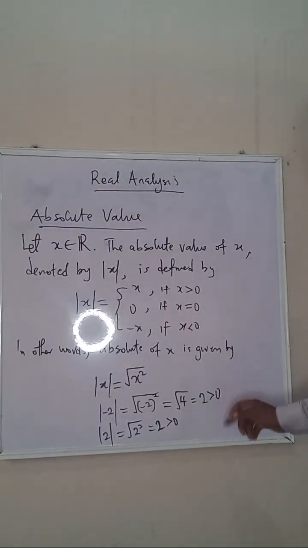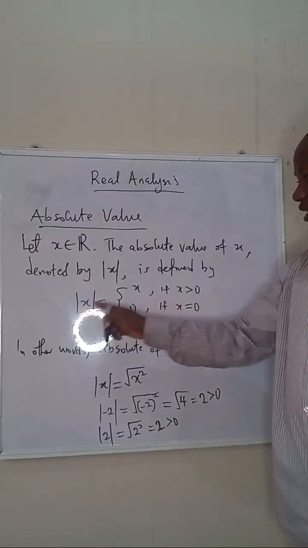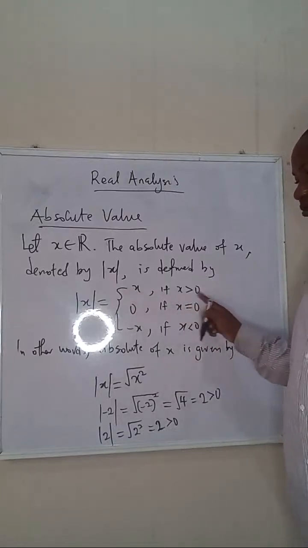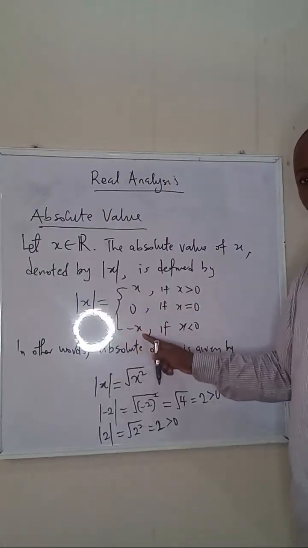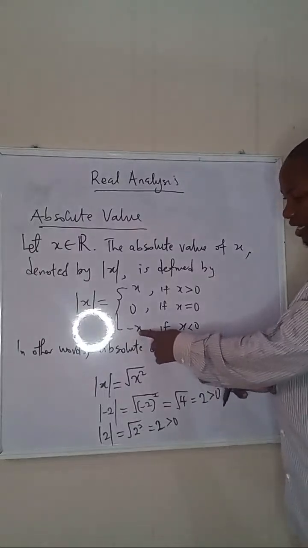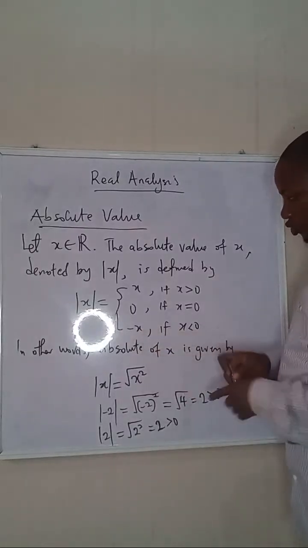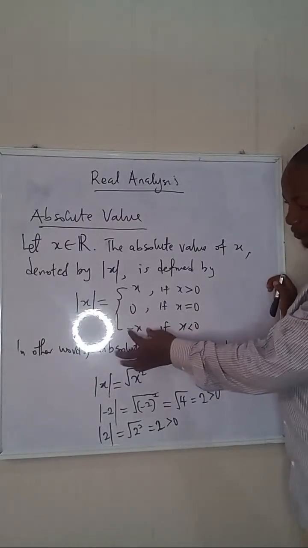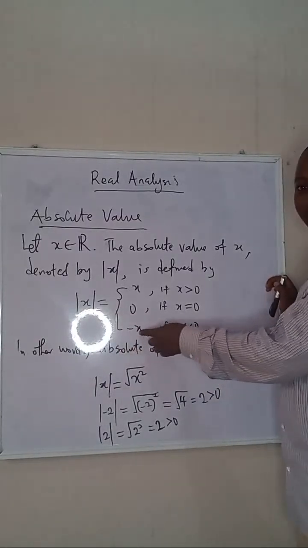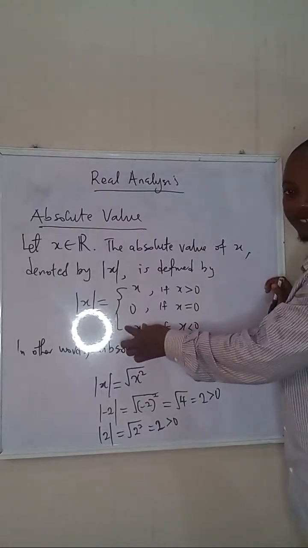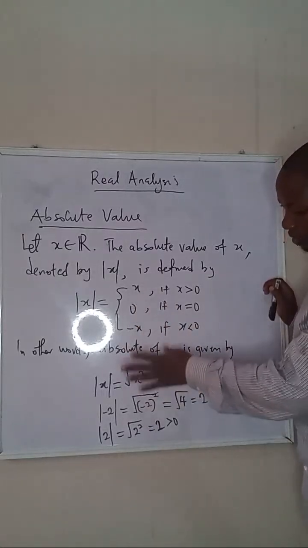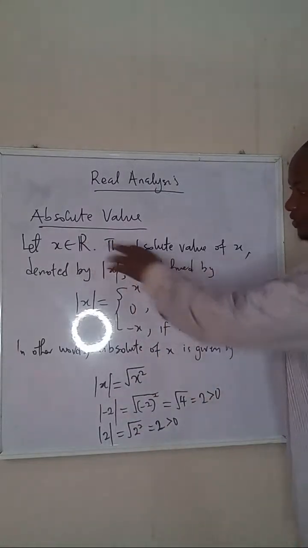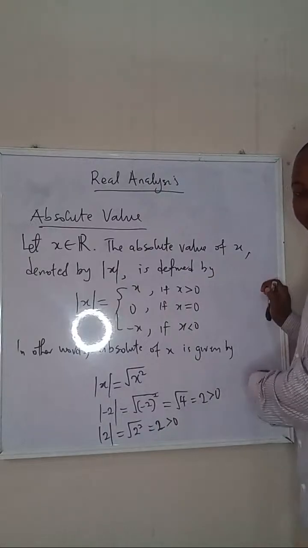And we can see from here that if this gives x, it means x is positive there. And if it is negative x, it means this x itself is a negative number. So if this is negative and x is a negative number, this negative will affect the negative inside this x, and that will make this positive. So anytime we are finding the absolute value of a variable x, it is usually a non-negative value.